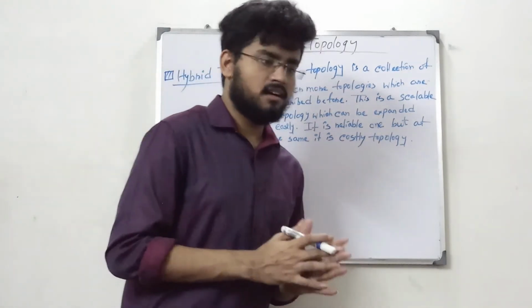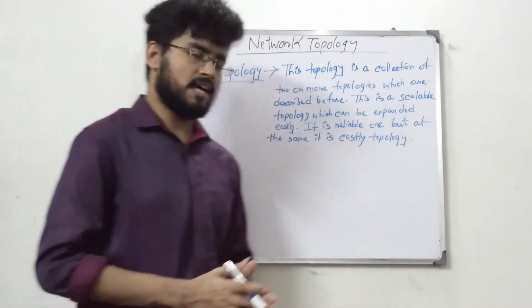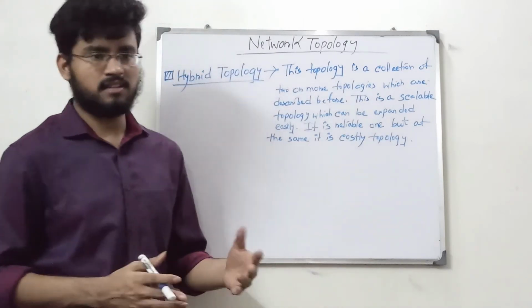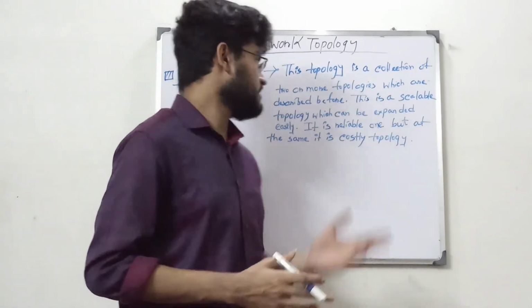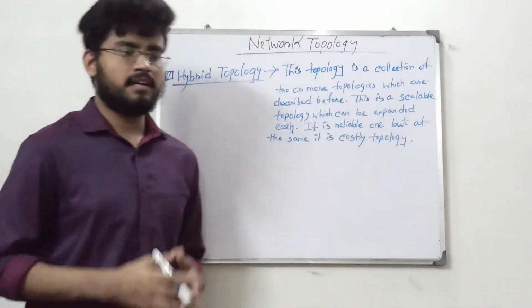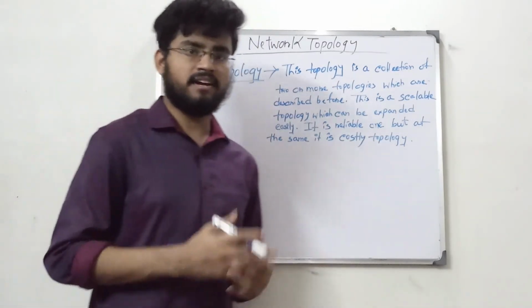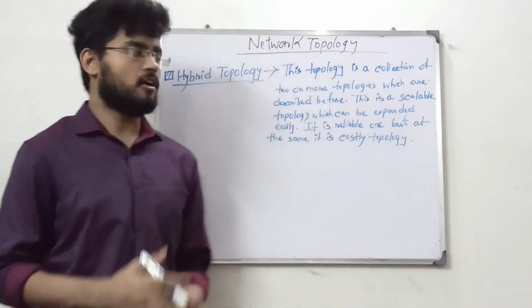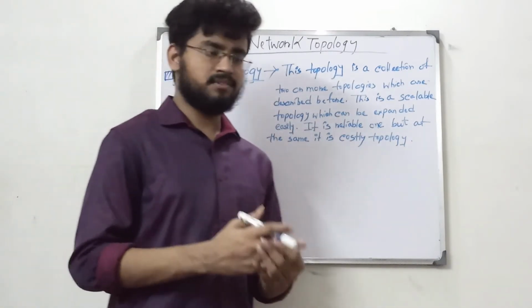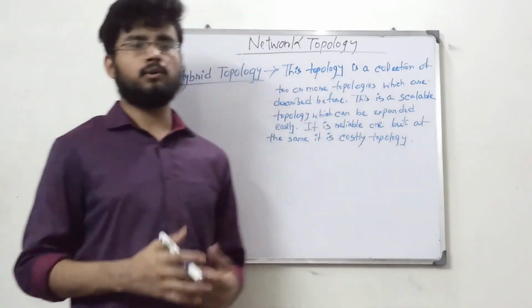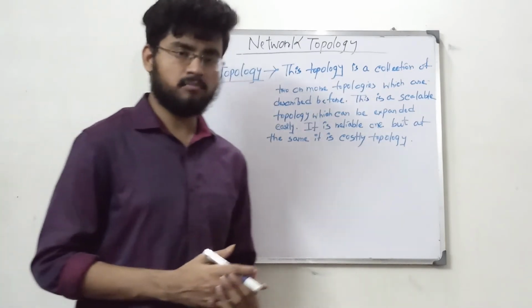So these are all the basics of the five topologies, that is mesh topology, star topology, ring topology, bus topology, and hybrid topology. Now in the next lecture we will discuss the OSI networking model. The OSI model is a very interesting and very important topic in computer networking subjects. So next we will start the OSI network model.